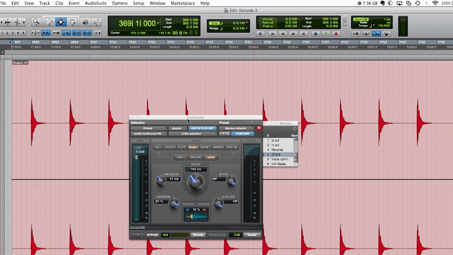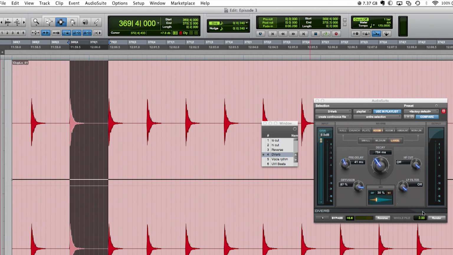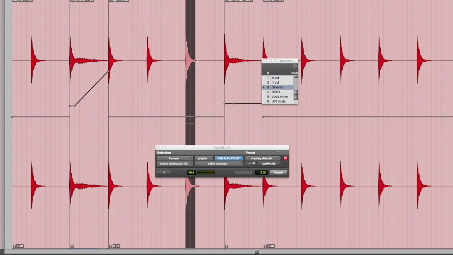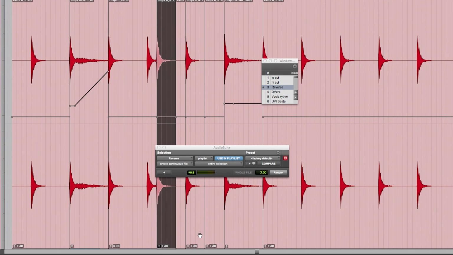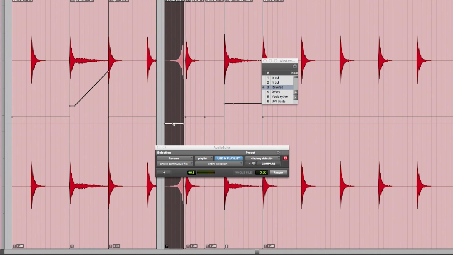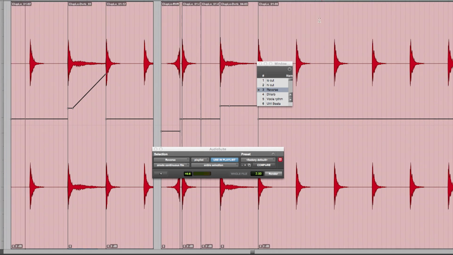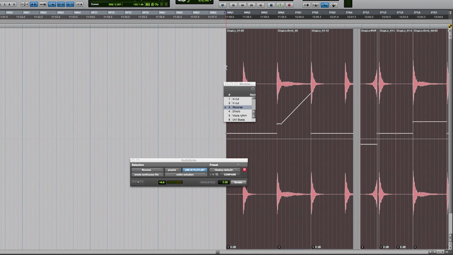Love it. With clip gain, I can now adjust the level of this reverb tail and then copy it to another position within the clip. Last but not least, I use the Reverse Audio Suite plugin and again using clip gain to adjust the levels. The previous clip is now much more interesting.